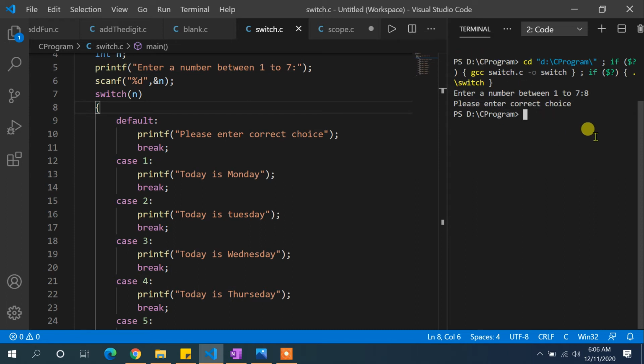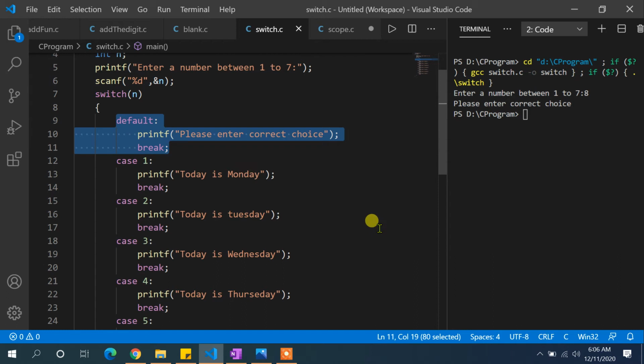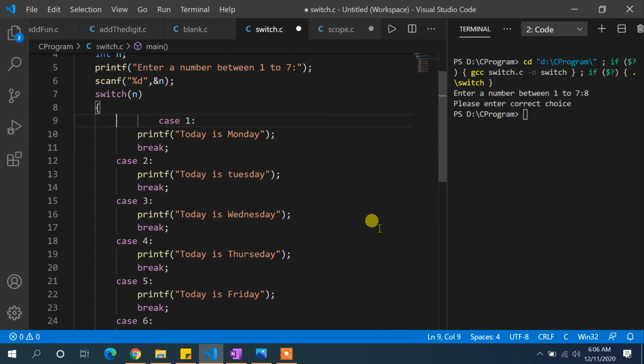Okay, so this is another thing that I am going to discuss. Now the question is, can we remove the default statement from the switch case? Instead of writing the default statement, will the program give you some error? No, it will not give you any error. Suppose somebody doesn't want to include the default part, then you need to be very careful in putting the case numbers, and it will not show you any error.